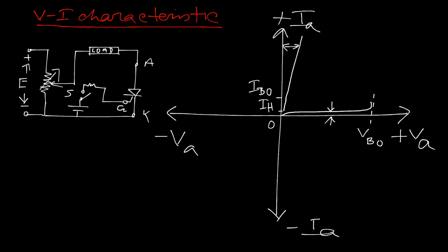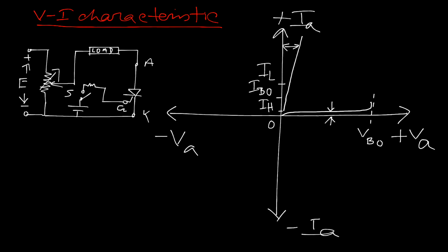But suppose at this point, when the device just starts conducting, we remove the voltage or decrease the biasing voltage. Then the device can be in the off state, which means the device will not reach the conduction state. That means we can consider another current, defined by IL, which is called the latching current.